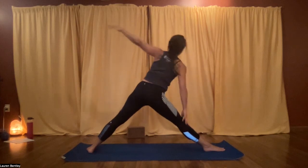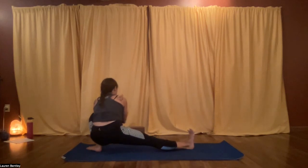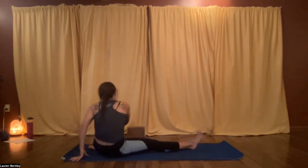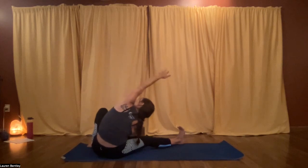Inhale to rise all the way back up. This time, as you exhale, you're going to Skandasana to the back of the mat. So getting as low as you can in the body, that feels okay for you. Just keep shining heart forward. And then use those hands if you need to come sit down onto the bottom. Right hand's going to grab hold of this left ankle as your left arm reaches up and over, reaching towards